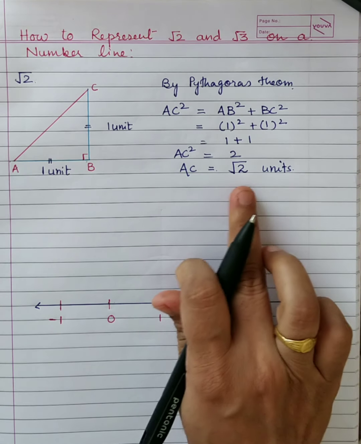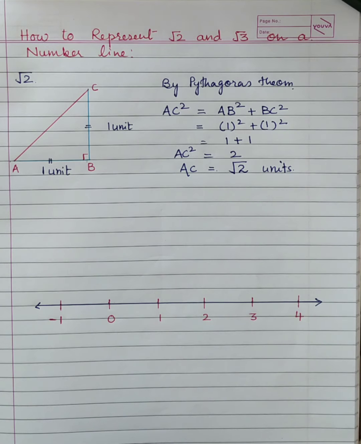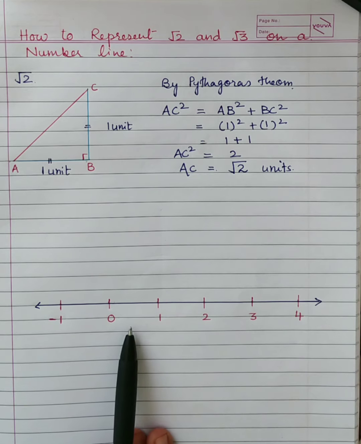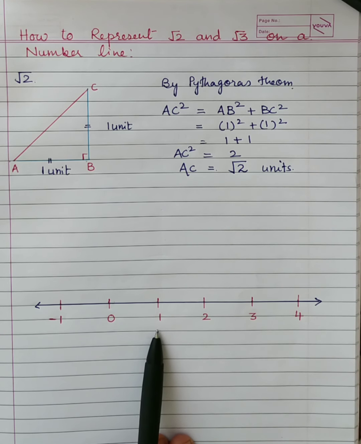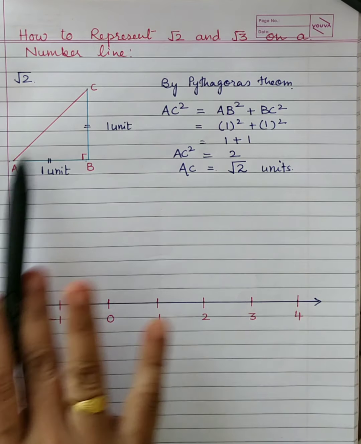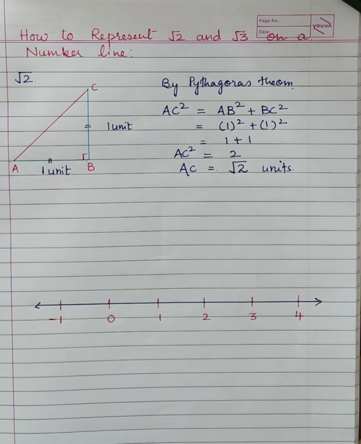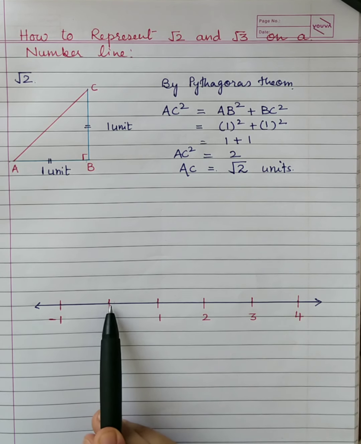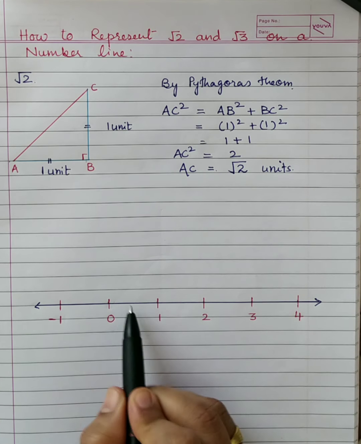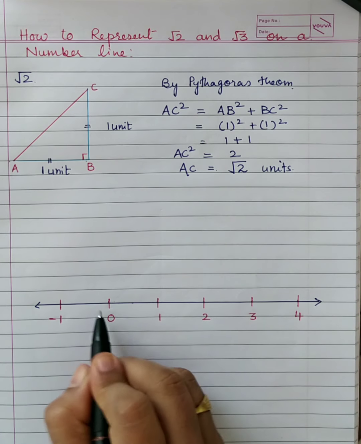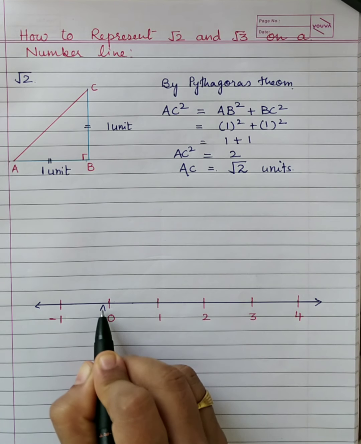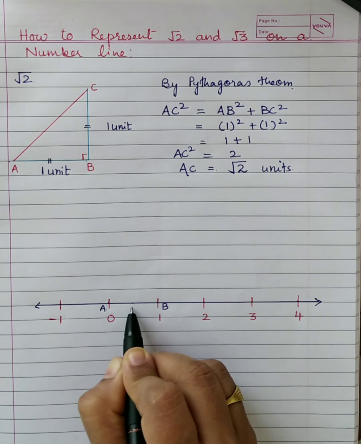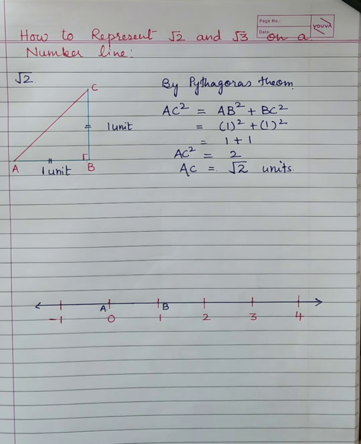Now let's see how to transfer it on the number line. On the number line also, in the same way, if we could place this right angle triangle, the hypotenuse AC of length root 2 can be obtained. So look at this. This length from 0 to 1 unit I shall represent as side AB. So 0 is marked as A and 1 is marked as B. This is for your understanding, and you can see very well that this length is 1 unit.